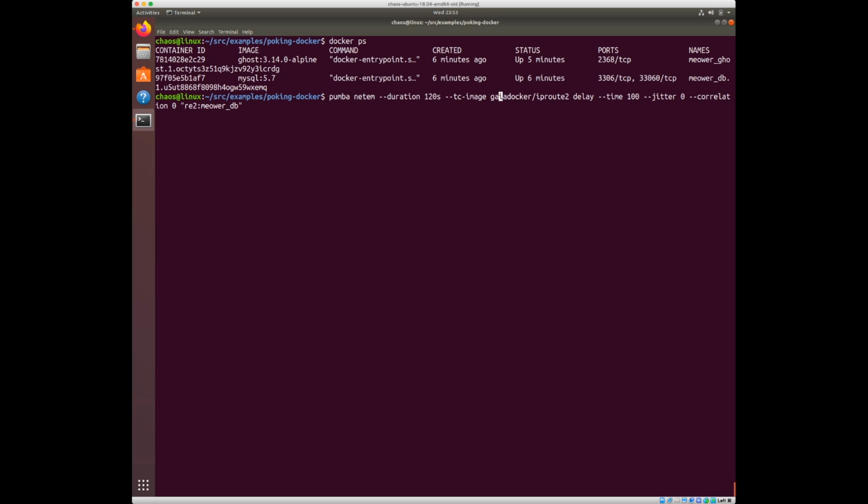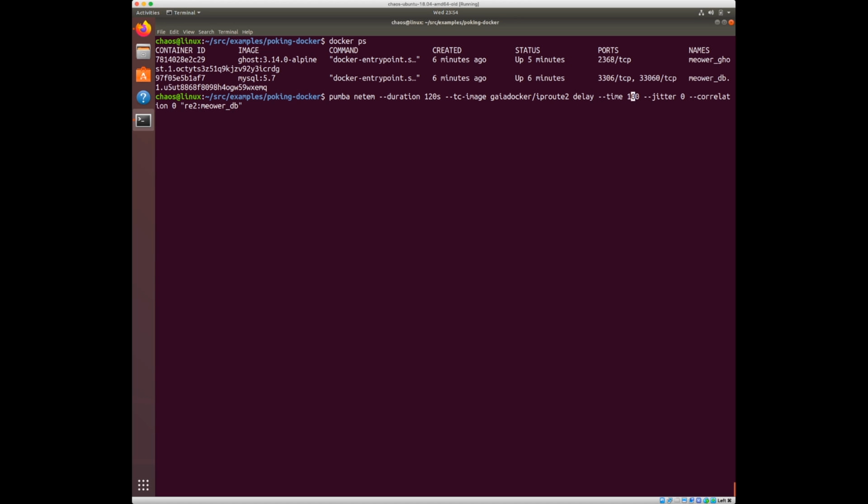We're going to specify a TC image because Pumba allows you to either rely on TC being available in the container that you're targeting, or if you're using someone else's container or you just don't want to have TC there, you can start another container like I just described, for example this one that has TC built in to connect to that other container and execute TC in there.